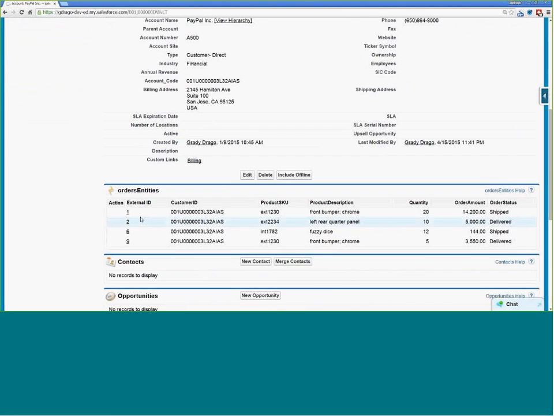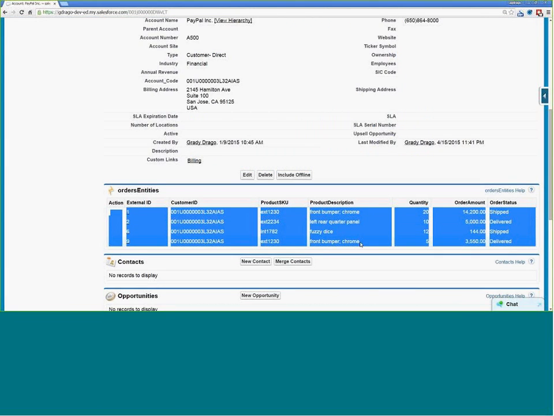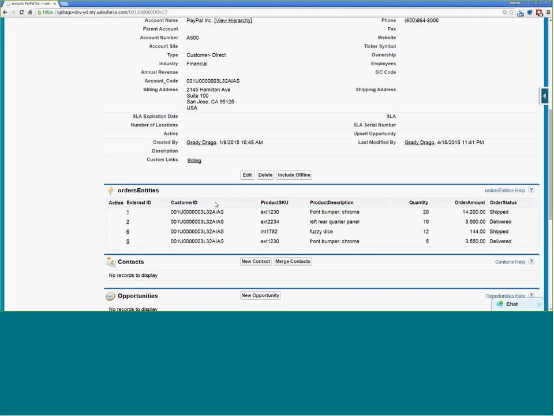Once this is done, then Salesforce has the ability to relate accounts to our order entities' external records. So what you see in this space here is records coming in real time through the OData provider and being displayed by Lightning Connect. So in this example, if we were to go back to the MySQL database and change any of the values that you're viewing here, upon screen refresh, you would see those automatically update.